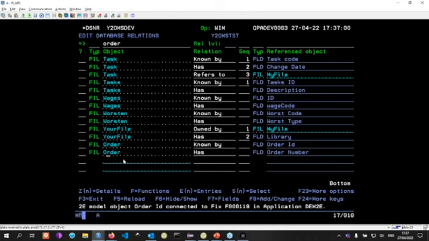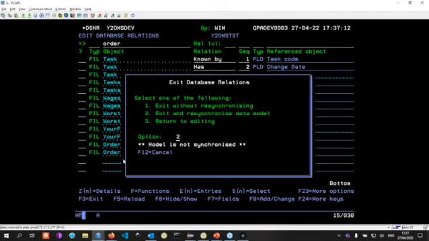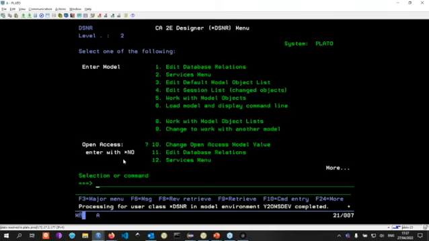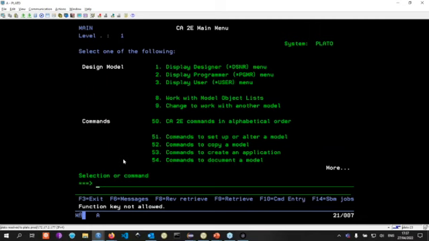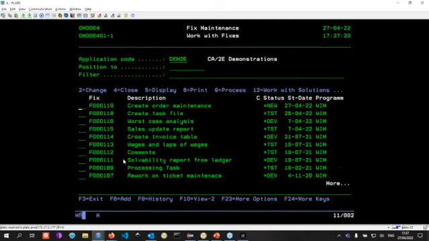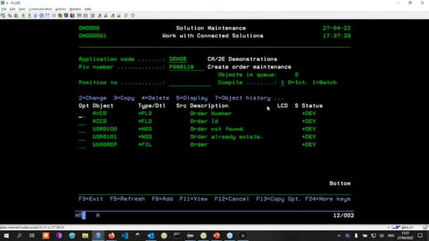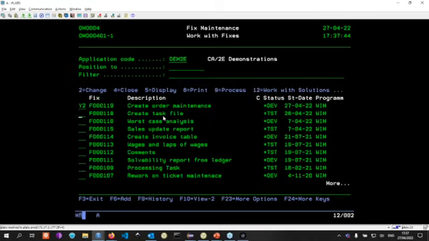Okay, so if I now go out of my model and go back into my task, you can see that the task status has changed from new to dev. And if I go in here, you can see that all the things that were generated by Synon, so these are Synon objects, are now attached to the task. Okay, so let's go back to the model.